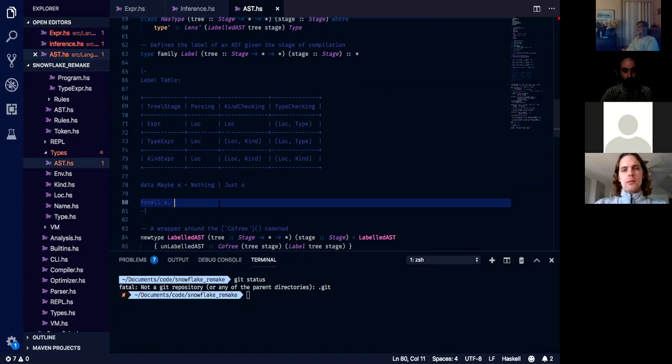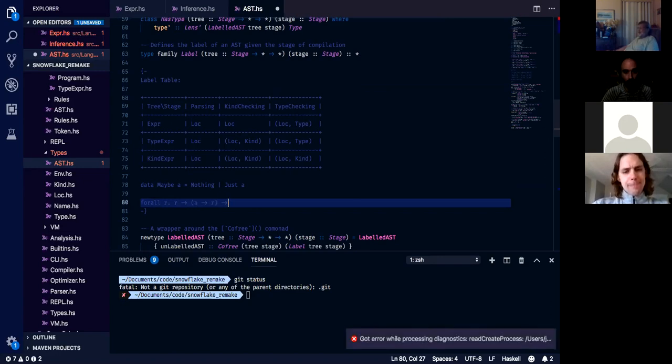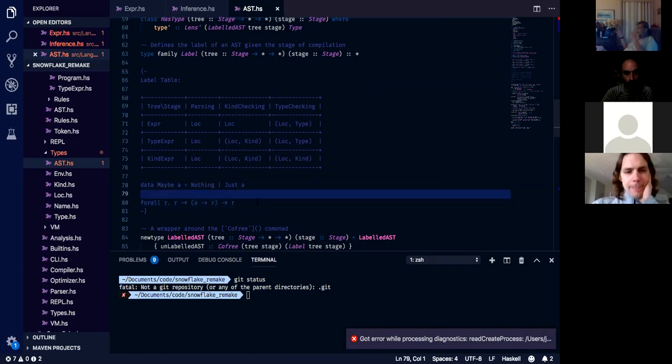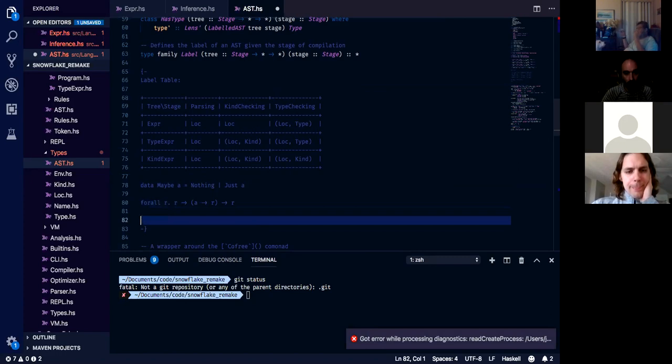Okay, so I should be able to do this. Okay. So this should be the church encoding of Maybe, and what lenses give you is